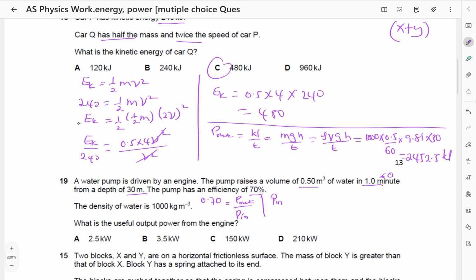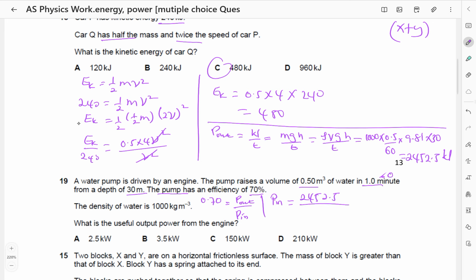So the useful output power from the engine is going to be equal to the power input in raising the volume of water. So the power input in raising the volume of the water is the useful power output by the engine, because what we are using is the efficiency of the pump, not the efficiency of the engine. So what is input into the pump is what comes from the engine, which is going to be equal to the power output of the pump, which is